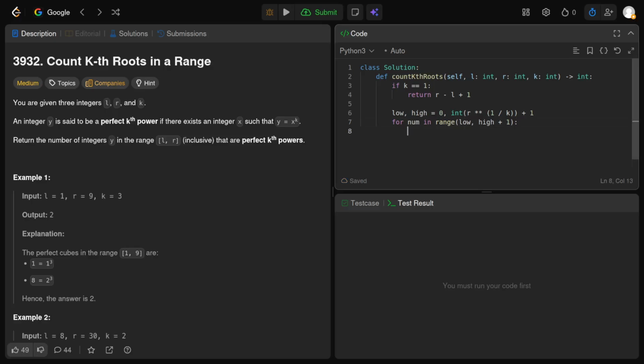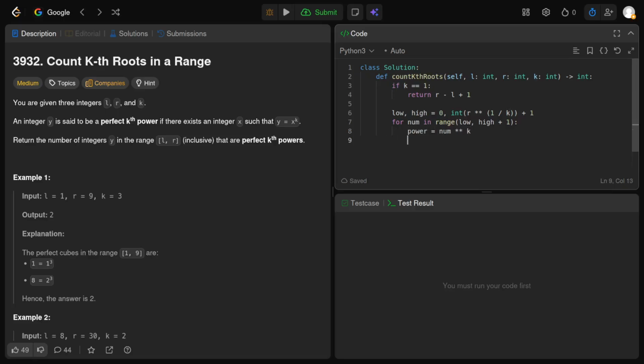So if num to the power of k is in the range L to r, I can store the result,